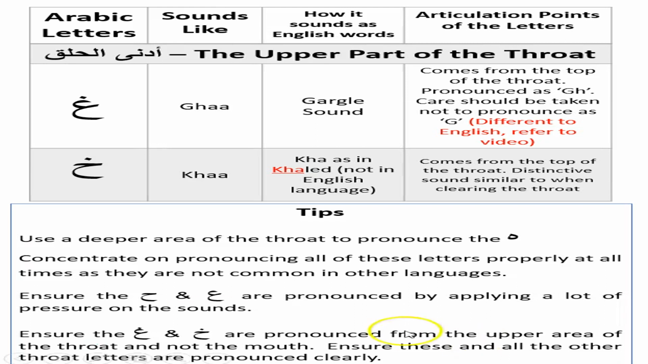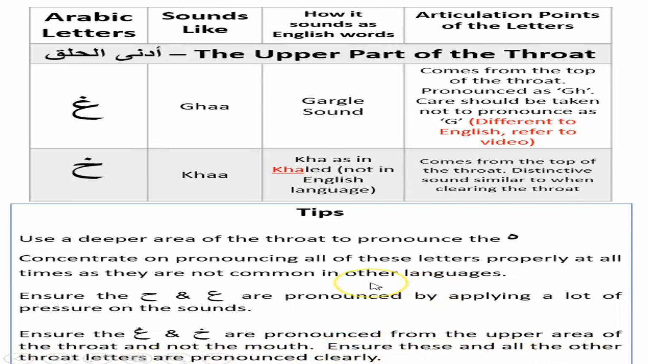This is one of the peculiarities of the Arabic language that has these two letters. And the last thing is to ensure that the ghain and the kha are pronounced from the upper area of the throat and not from the mouth. Because if you try to pronounce the kha from the mouth, you won't be able to say it. You say like ka. If you try to say a gha from the mouth, it becomes a g. So make sure you pronounce these letters properly, and ensure that all these and all other throat letters are